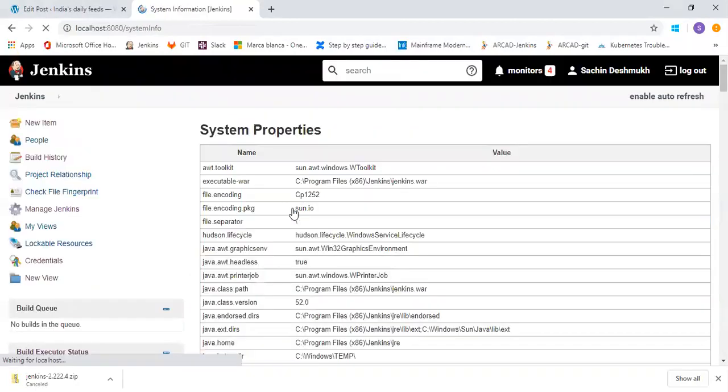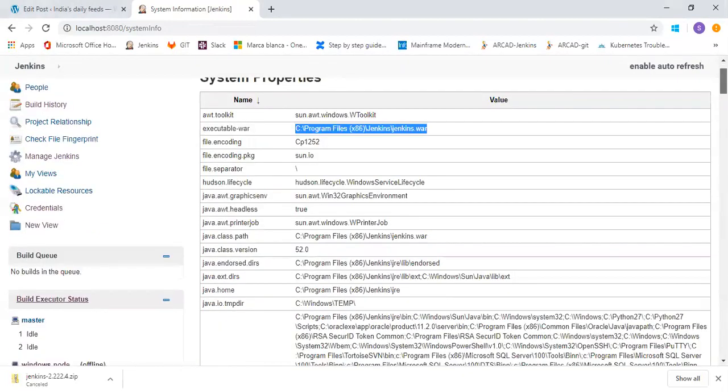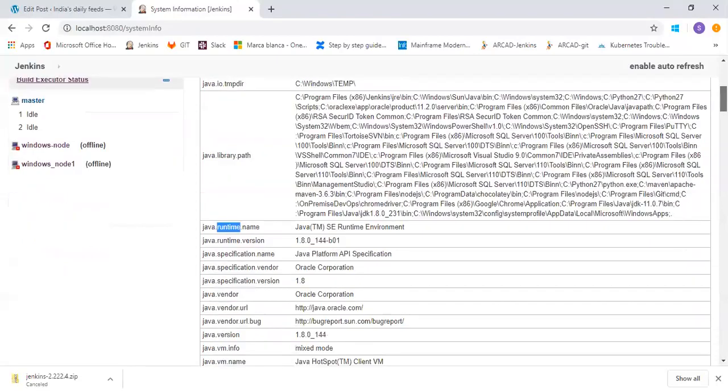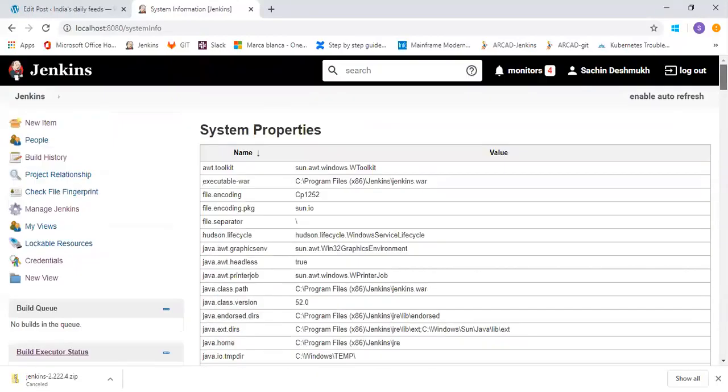This option will provide you all the details, like which executable war is running the Jenkins file. You can see the library path of all the plugins installed, which runtime you are running on. So this kind of information you can see in the system information section.